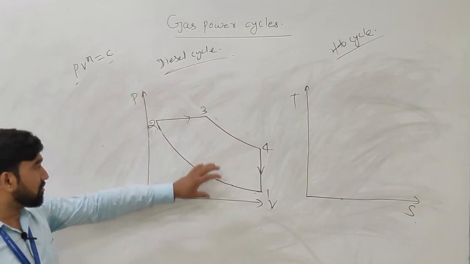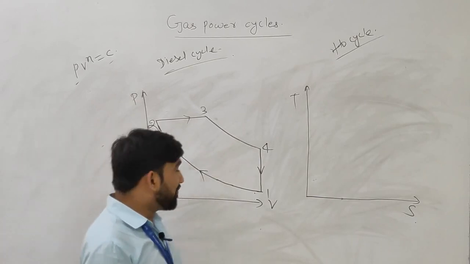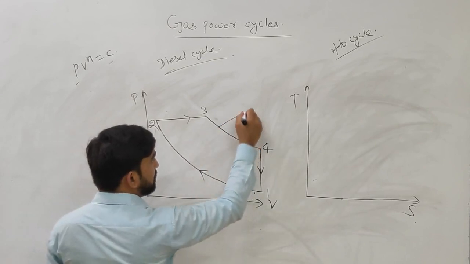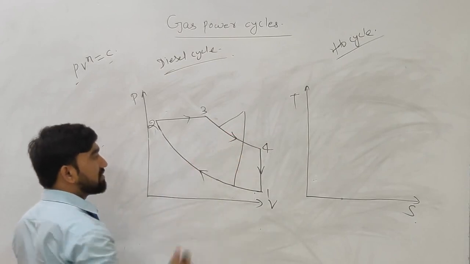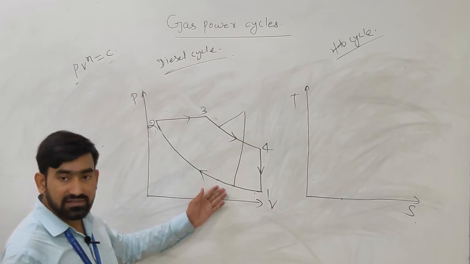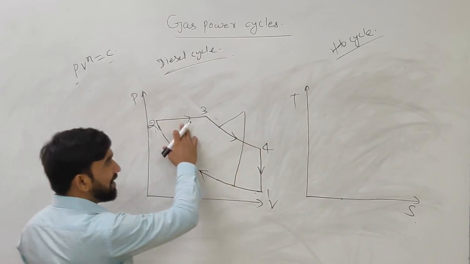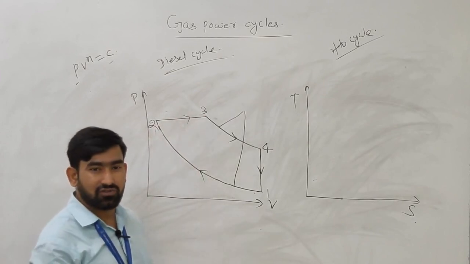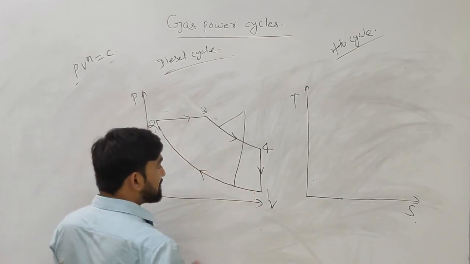How will we be able to draw this 1, 2, 3, 4 with the help of polytropic process? We have seen the characteristic of 1 to 2 or 3 to 4, which is an isentropic process; in polytropic their curve is like this. So we have drawn this parallelly, and again constant pressure can be drawn as 2 to 3, which we have seen earlier in the case of polytropic process. So here it is a PV diagram for Diesel cycle.